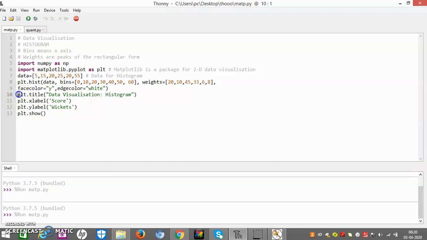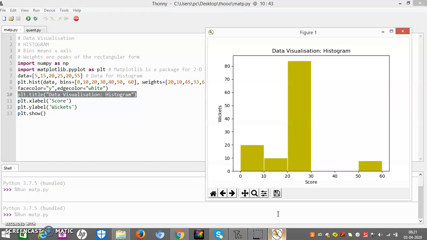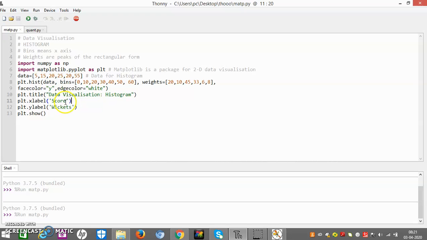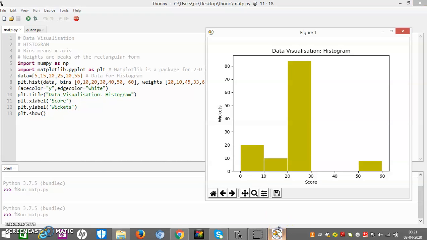Now let me come to the title, data visualization histogram. This is the title. Now for the x label, meaning the x-axis, I have written score. Look, first we have to look at the figure. This is score.